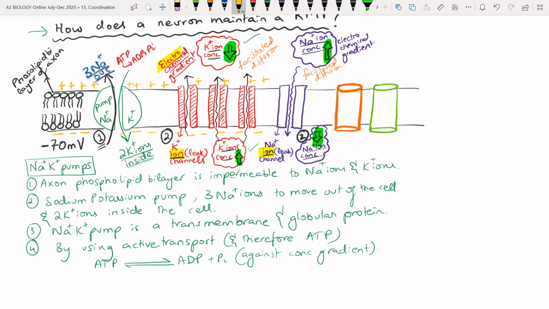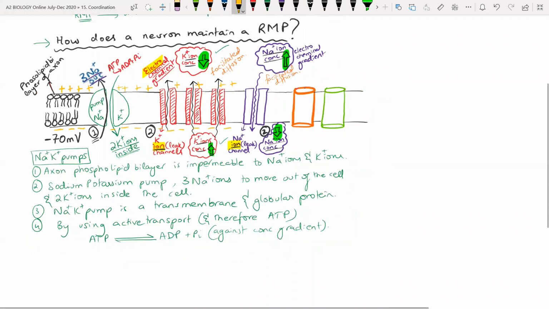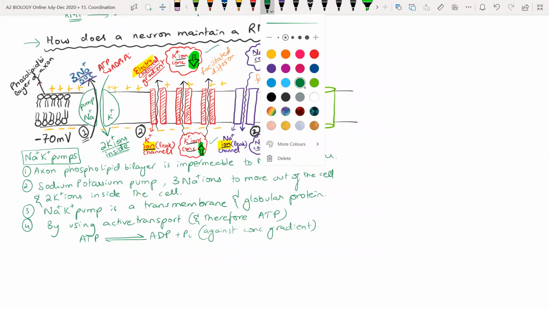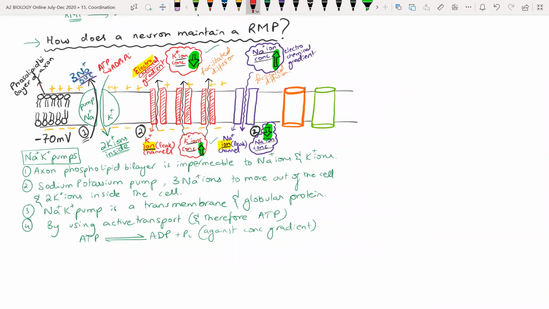Now again, let me write down these points for you quickly. The next thing we are covering is for sodium. Let me write it down with a different ink. So that is sodium